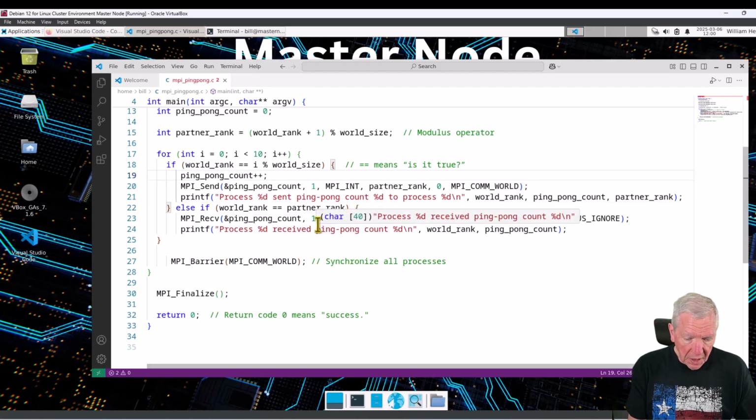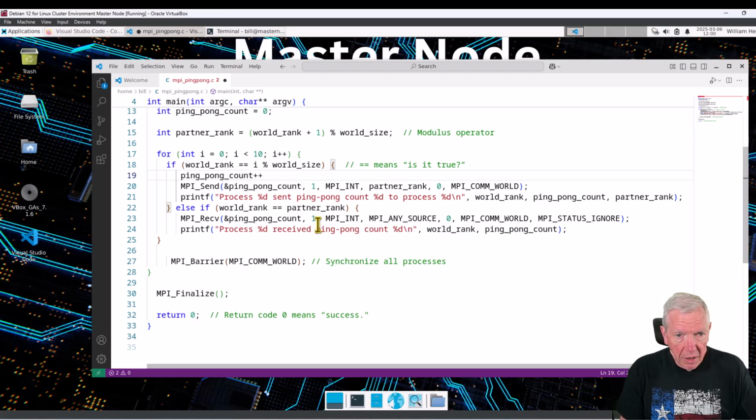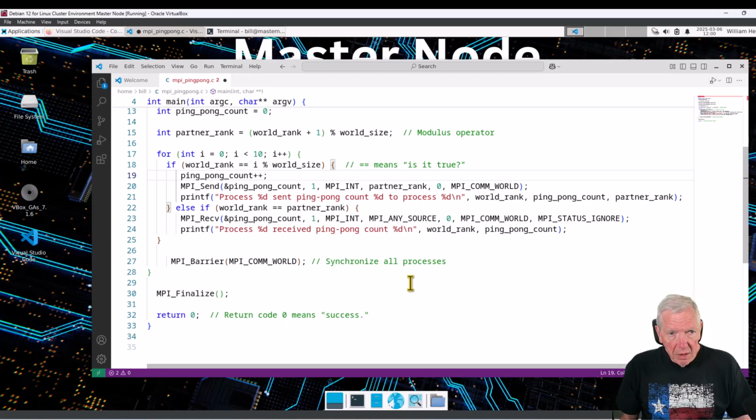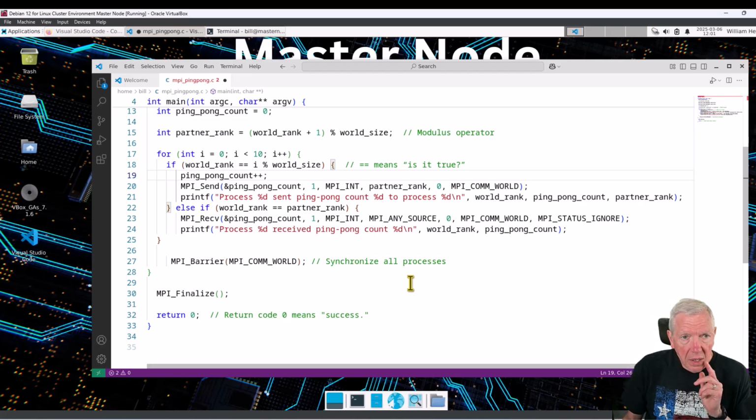Also, if you happen to leave out a semicolon right here, at compile time, it will prompt you. Now remember, we are not yet able to compile MPI code in VS Code. We'll work on that and get that running later, but for now all I'm doing is using it as a text editor. Now let's take a look at what we've got,